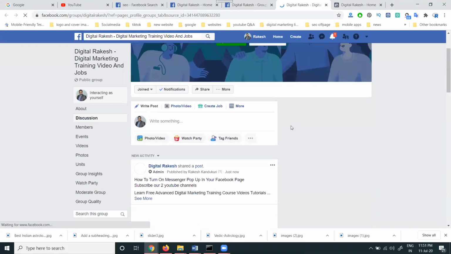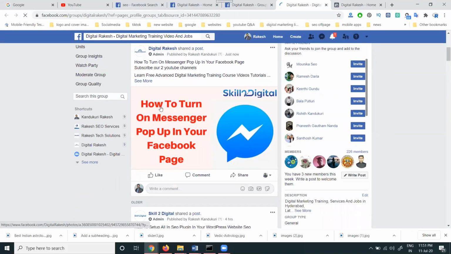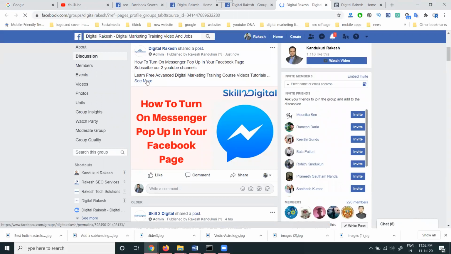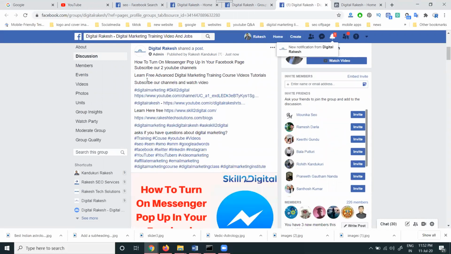Guys, whatever you share here will be shown in the group also. So this is the purpose: people join the group using the Facebook page. Only the admin can do this particular option. This is the way we link the Facebook page and group to share content. That is the reason the group is joined through the page option. There is a benefit given by the